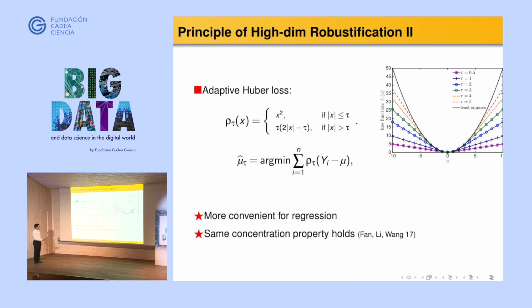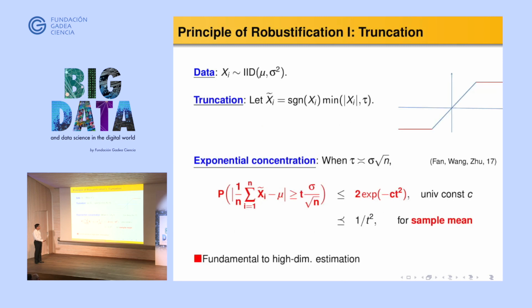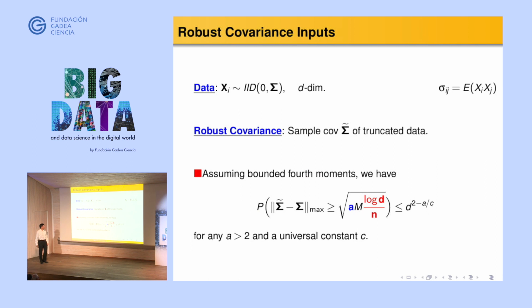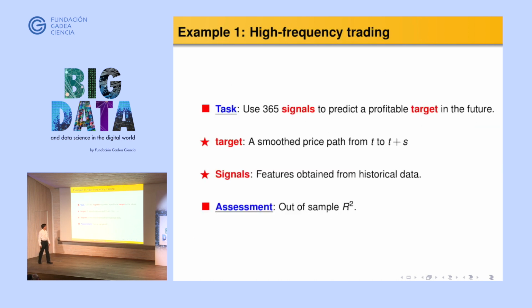And again, this tau differs from traditional Huber, which assumes the error is typically symmetric, contaminated. So he could take any tau and be unbiased. For me, what I have in mind is I am estimating xi squared, so my distribution, no matter what, is asymmetric. Therefore, my level of truncation tau has to be high in order to reduce the bias. So this is a very simple truncation principle. You get Gaussian concentration by just doing a very simple trick.